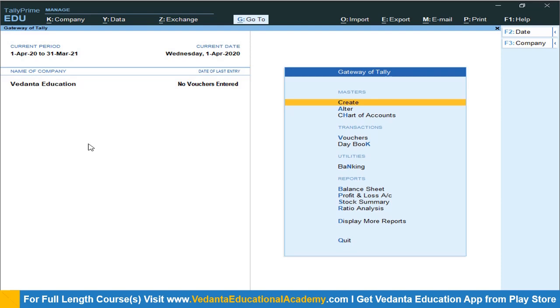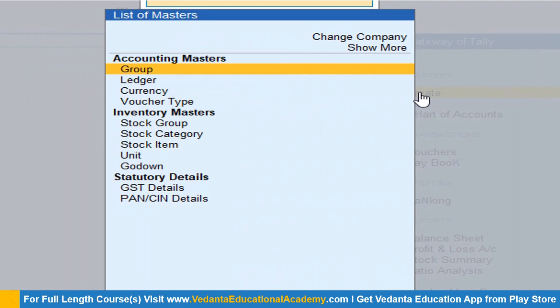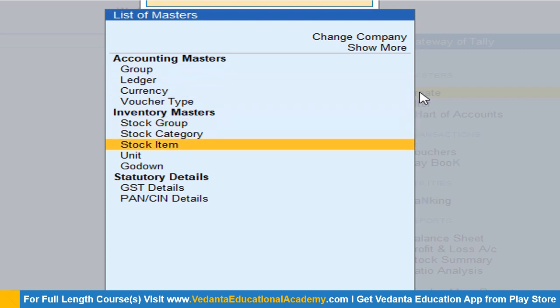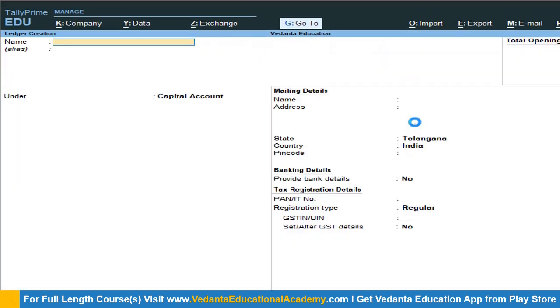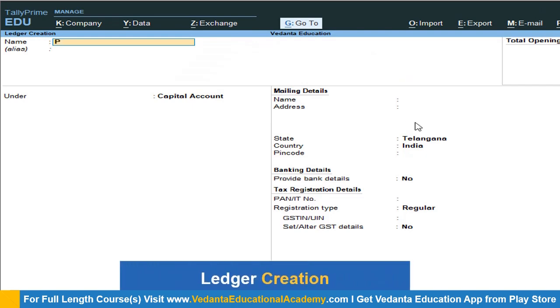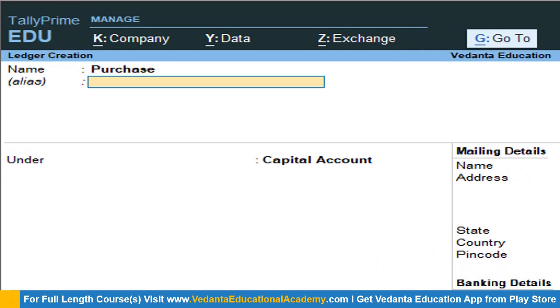That kind of ledgers can be created in masters. In the master, there is an option called create. If you go to create, it is giving us a chance whether you like to create ledgers or whether you like to create items. So as of now, I'm going to create ledgers. So just go to ledger. So here I'm going to create, for example, these are all the basic ledgers. For example, purchase account